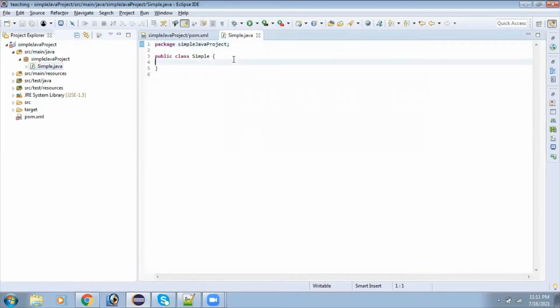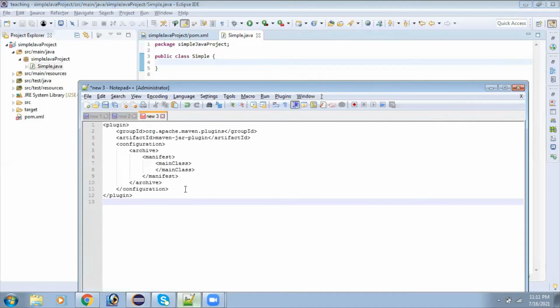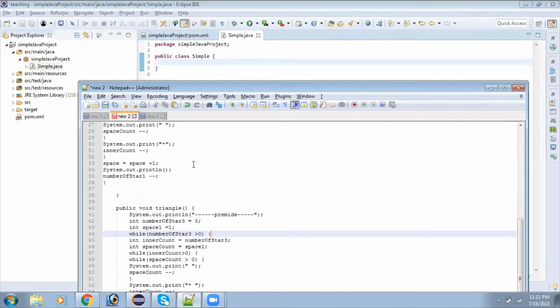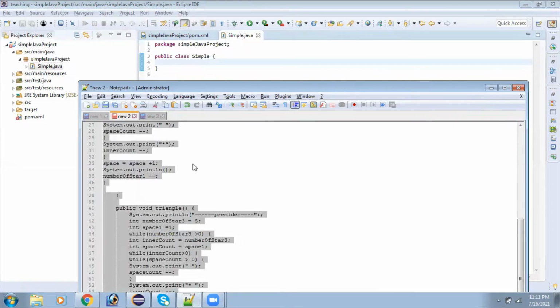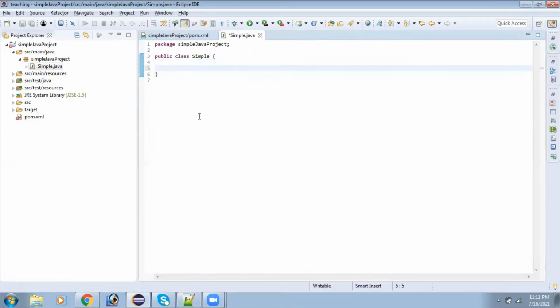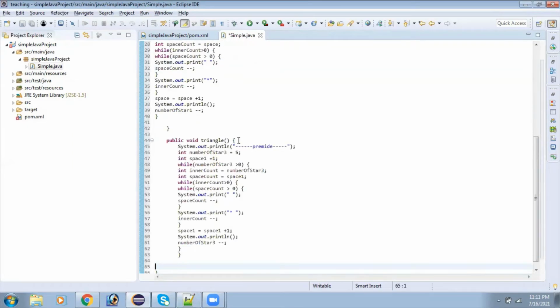I already have some code which I want to put in as an example. Let me go and grab the code. This is simple code, you need not worry.